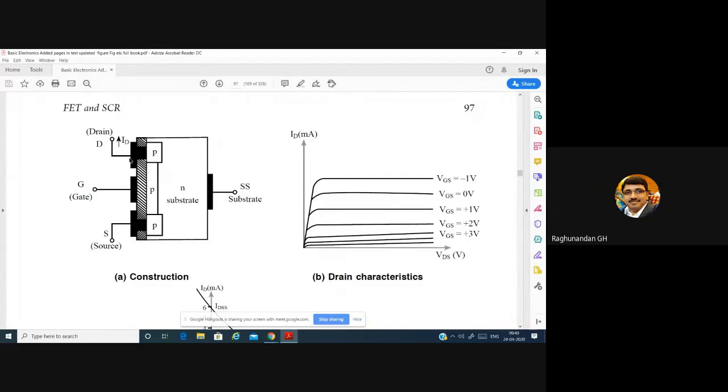As you know, like poles repel, unlike poles attract. Based on that concept, all the holes will get attracted towards this metallic contact. So now the hole starts moving from the source to the drain terminal. Now if you want to control the flow, you have to distract the flow. So the holes will be moving here. If you want to control, you have to repel them. You have to distract them.